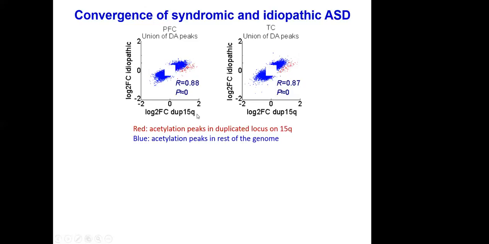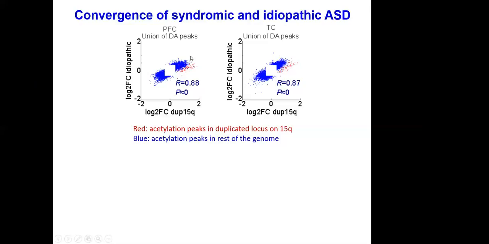Now, the x-axis is a ChIP-seq peak height difference, fold change in these syndromic autism individuals. The y-axis is the ChIP-seq peak height difference in the idiopathic autism individuals. And you can see that they're highly correlated, okay? Correlation coefficient of almost 0.9. Now that is dramatic. What this is saying is that in the whole genome, across thousands of loci, the chromatin state has changed in the same way in these syndromic autism individuals as in the idiopathic autism individuals. These two seemingly very different flavors of autism are really the same.